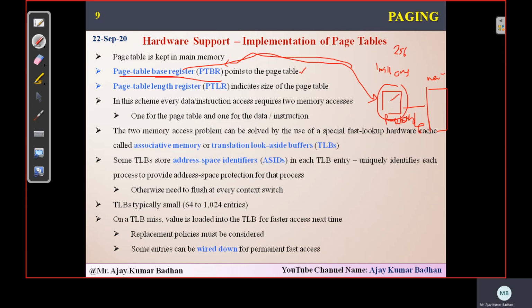If you want to make any modification in this page table, whether you want to update it or delete anything, it can be done only with the help of the page table base register. With this, we can reduce the amount of memory required to access this. We are not going to access this page table directly. It will be dumped in your memory and will occupy some space, but ultimately we will not be swapping in and out, because that will be taken care of by the page table base register.